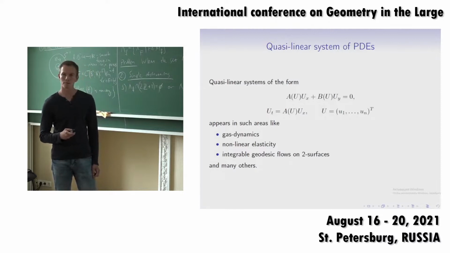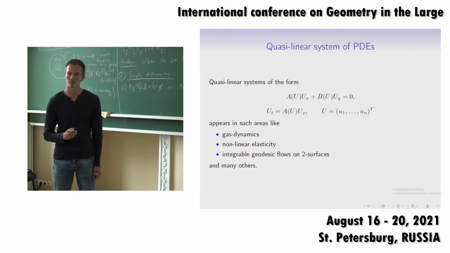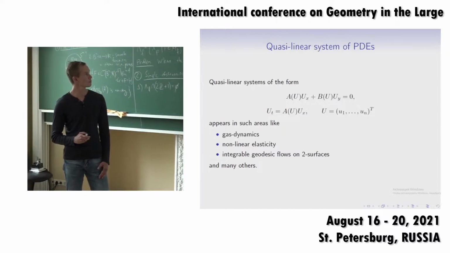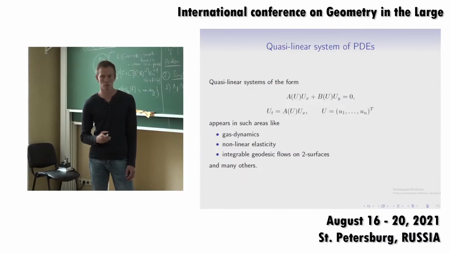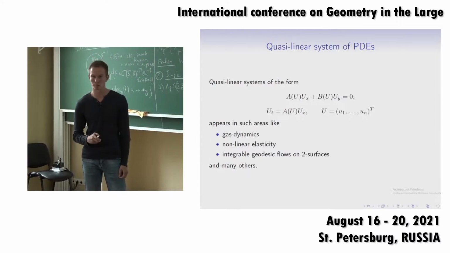Excuse me, may I ask a question? The surface on which you consider the geodesic flow, is it just the torus or the sphere? What about genus? Actually, one part of my talk will be devoted to the two-dimensional torus, but at this moment we do not fix the genus. It doesn't matter at this moment. Do you know any examples of integrable geodesic flows on higher genus? In the analytic case, no. There is a theorem by Valery Vasilievich Kozlov.